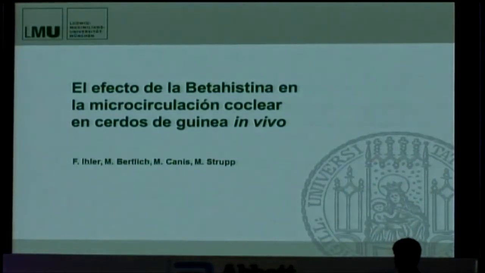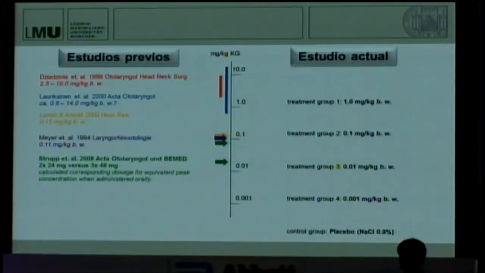So then we were interested in a possible mode of action, and together with our ENT colleagues, we looked at the effect of betahistine on microcirculation in the cochlea. We used an established model. And prior studies had shown that cochlear blood flow increases, but the concentrations were much higher than the concentrations you